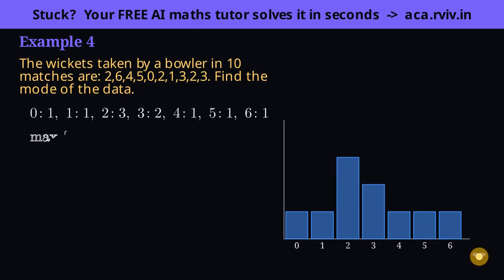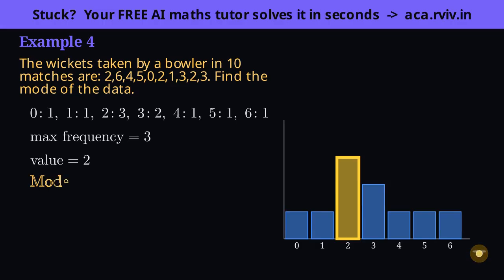Now scan the counts for the tallest one, the highest frequency. Here it's 3, clearly ahead of everything else. Read off which value carries that peak count. It's 2, the value that occurred 3 times. That's the tallest bar, and so the mode. So remember the distinction. For raw, ungrouped data, the mode is just the value that shows up most often, no formula needed. The mode formula only comes out when the data is grouped and the exact peak is hidden inside a class, which is the very next example.